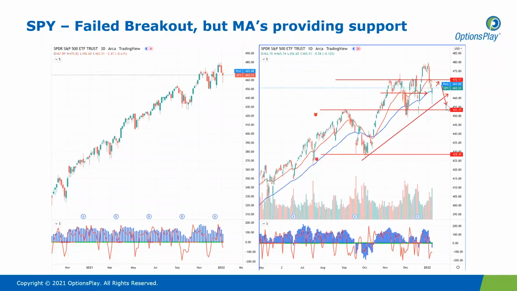Either way, the next support level will be at around 453. I think that's a fairly strong support level, considering that it was a previous swing high and price already found support at that level on 2 occasions. Also, if you take a look at the moving averages, the red line is a 21-day exponential moving average. The blue line is a 55-day exponential moving average. And we are seeing price finding support at that level. And we take a look at previous